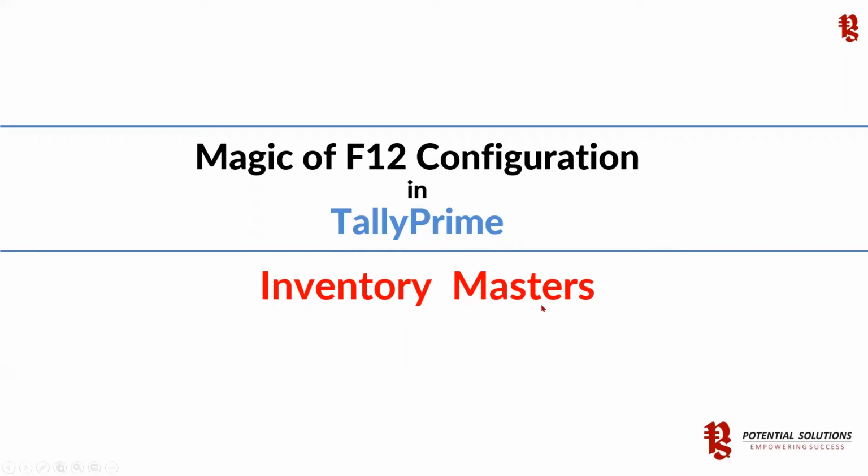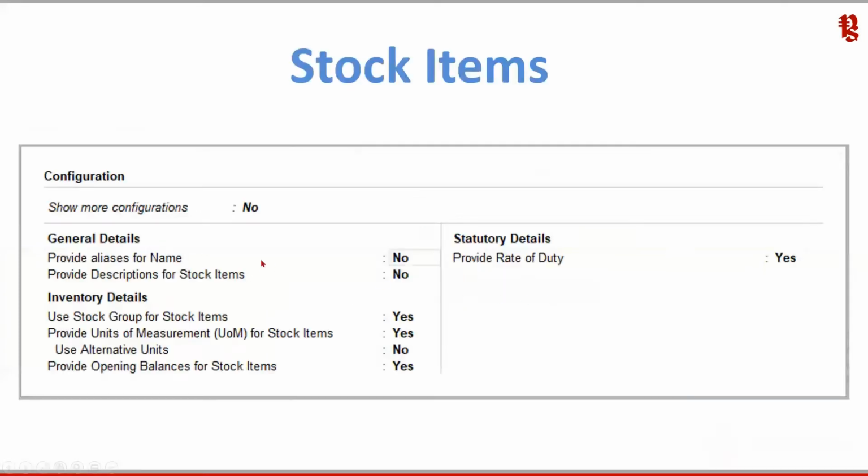In this session, we will understand two options. One is the alias for stock item and the other one is the description. How do we use these options? What is the benefit of these options is what we will be seeing in this session. As part of F12 configuration for inventory masters, we will see two options. That is,